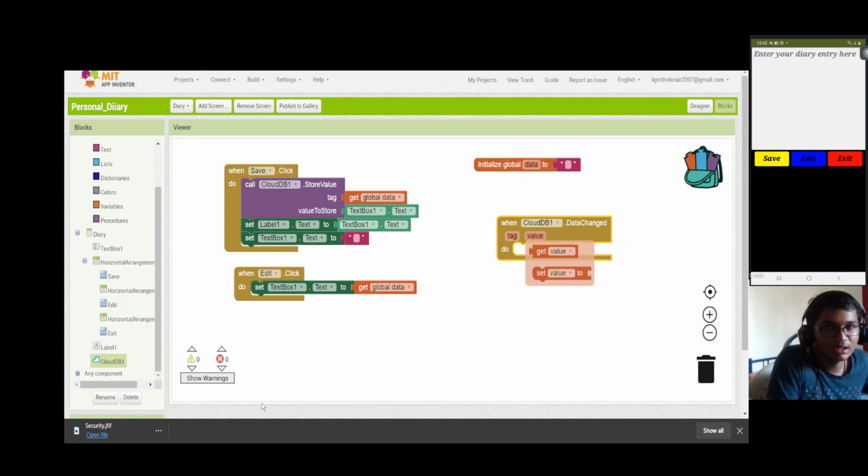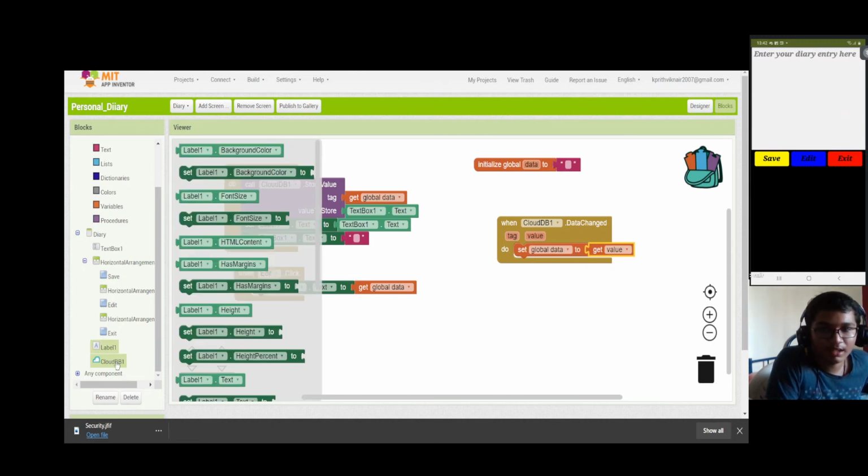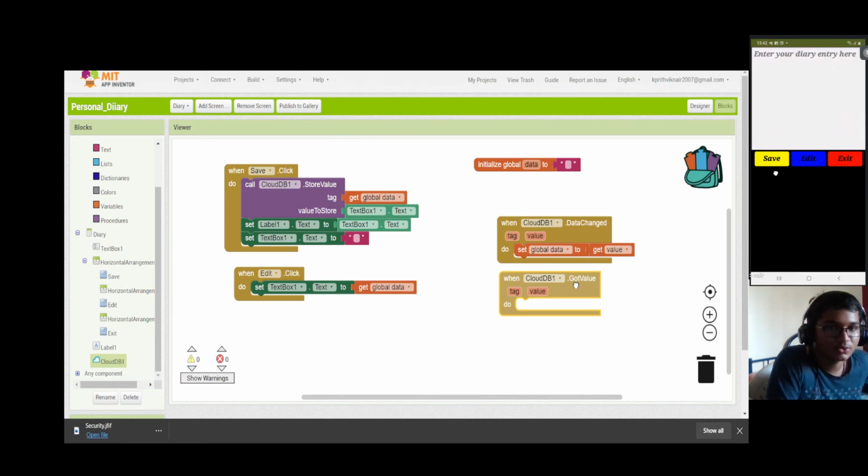When cloud DB dot data is changed, we need to set the global data to the value of the new data. Set global data to the value of new data, and again click on this, and when the storage place, the CloudDB got the value of the data, set the global data to the value of the CloudDB,